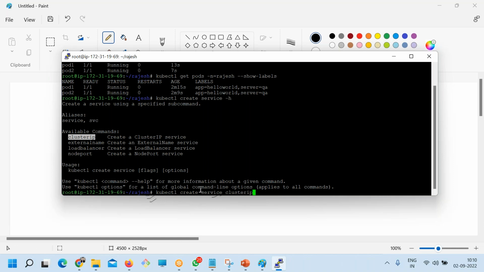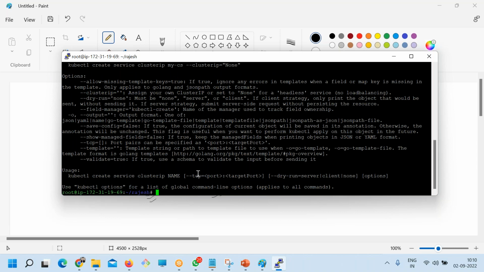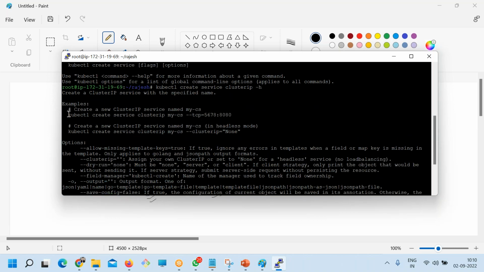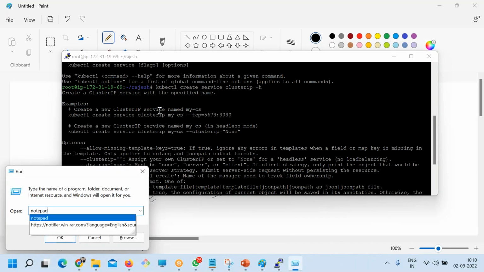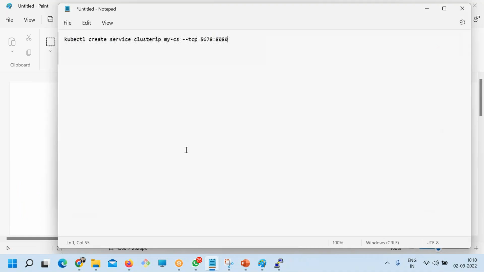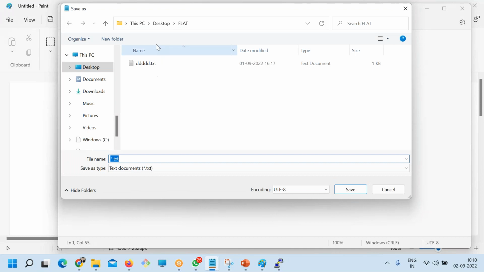So here I'll put this and then again -h cluster IP. Now I got lots of ideas, lots of examples, and I will do this. So now we need to understand this code, right?